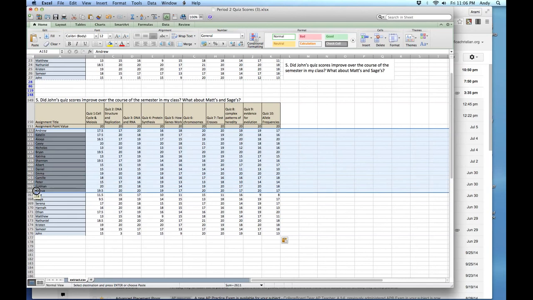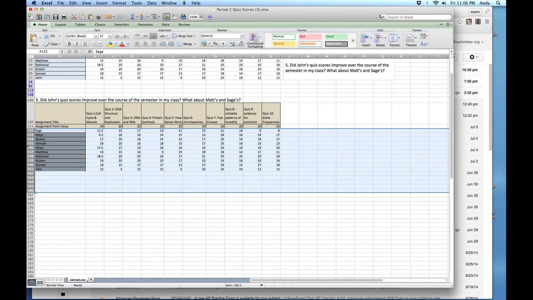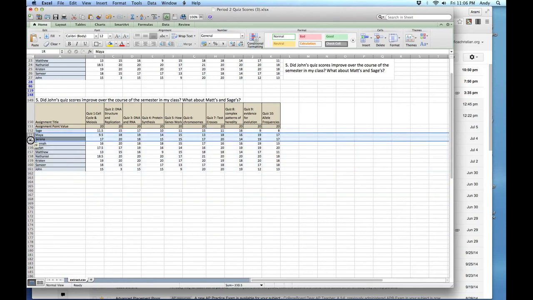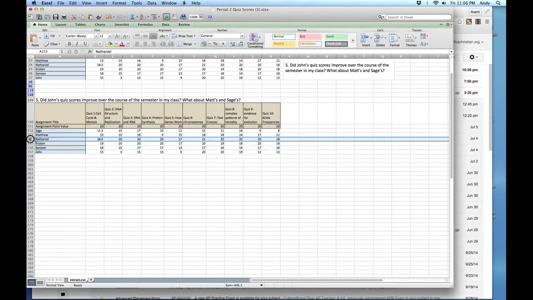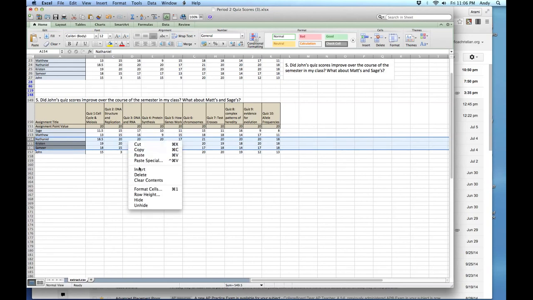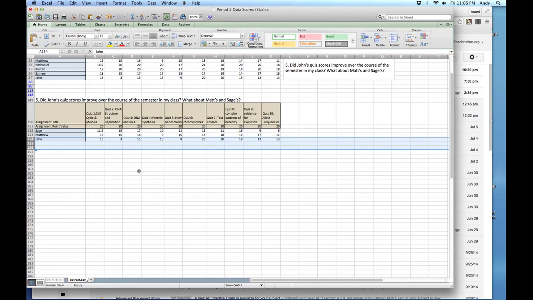So let's highlight them, right-click, delete. And over here, I'm going to right-click and delete. And over here, right-click and delete. So now I have my 3 students. I could have done this with all of them, but then I'd have 25 lines running all over my graph,